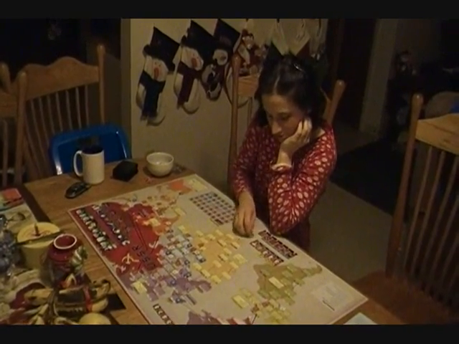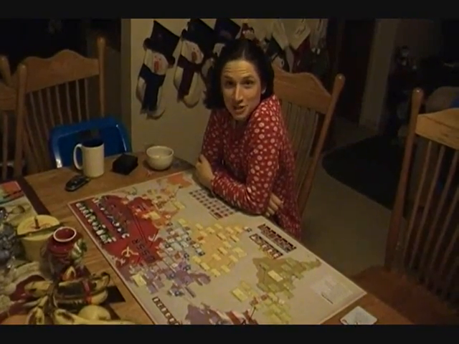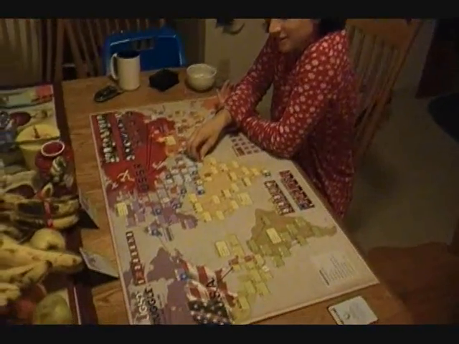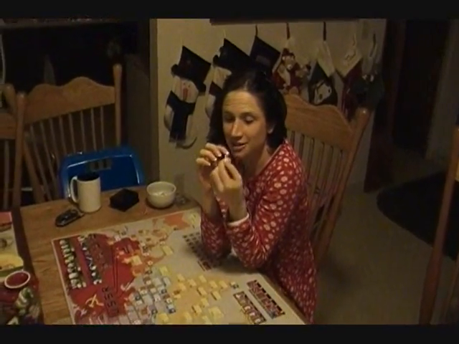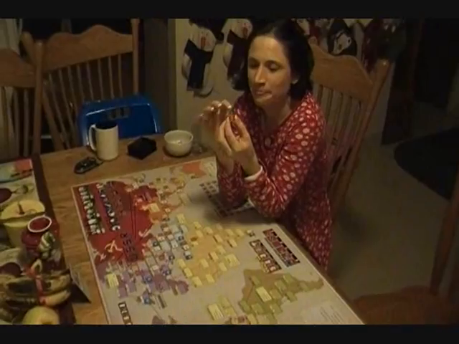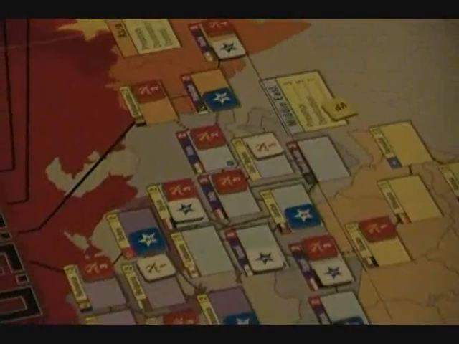Alright, here's the new version of Twilight Struggle. A couple things are different that I'd like to point out. Number one, your little chits are colored red and white. Let me zoom in there. Okay, let me see the other side. Alright, here's the other side. So you can see if you have control real easy. If it's white and it's up, you don't have control, you just have influence. If it's red and it's up, like many of these chits on the board,